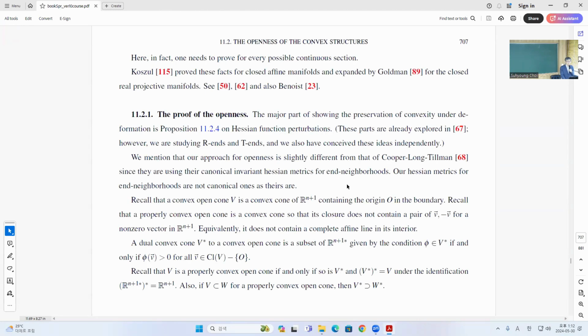So let's go to the proper proof of openness. Of course there's some similar work by Cooper, Long, and Tillmann here, but a little bit different. The techniques are a little bit different here. Okay, so